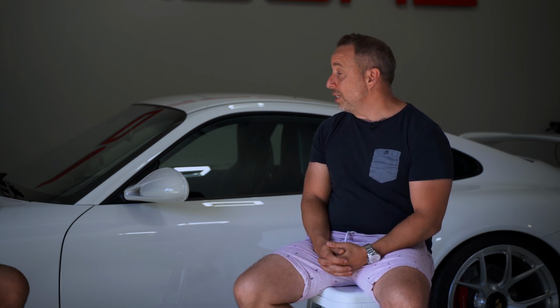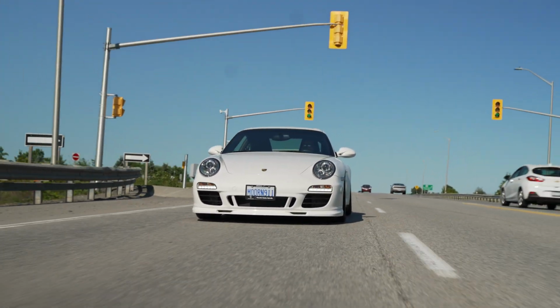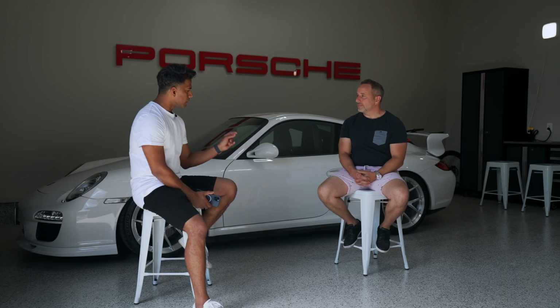And then of the GTSs, less than half, I think only about 40% were manual. So I think you put that all together, it's a pretty special package. And one of the things I like about the